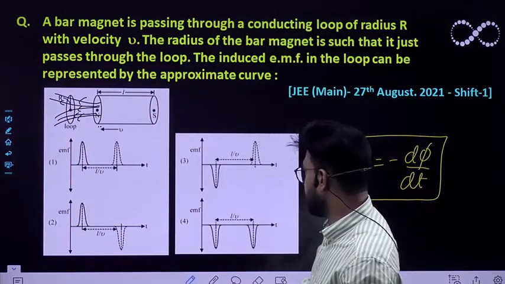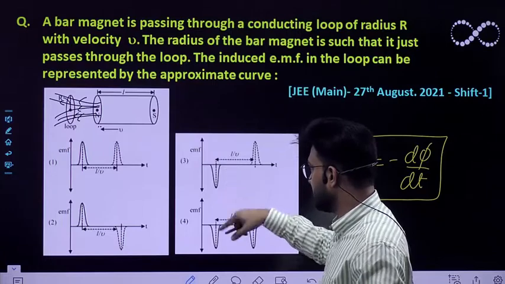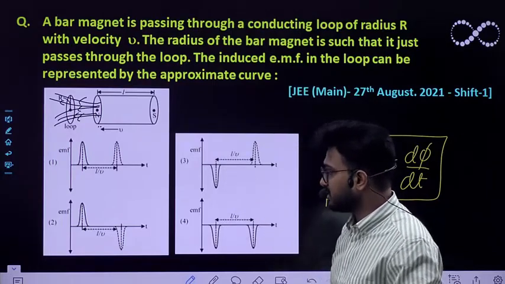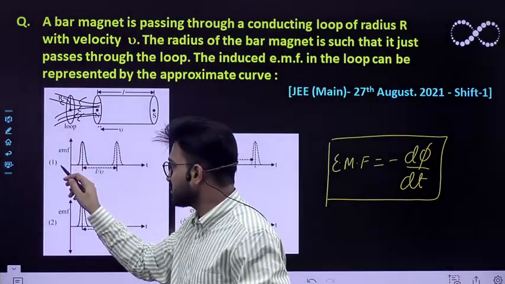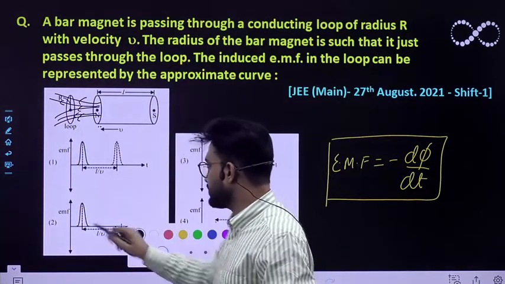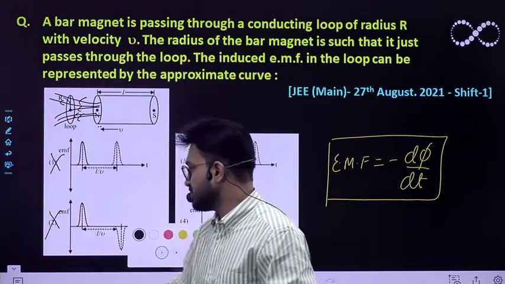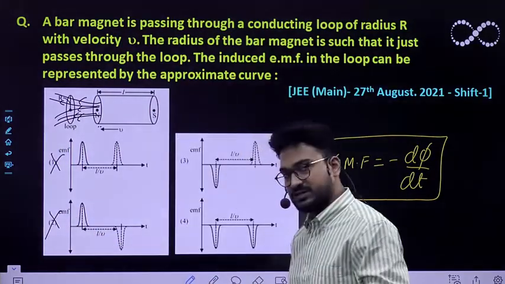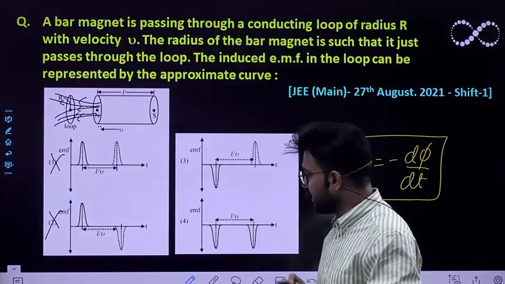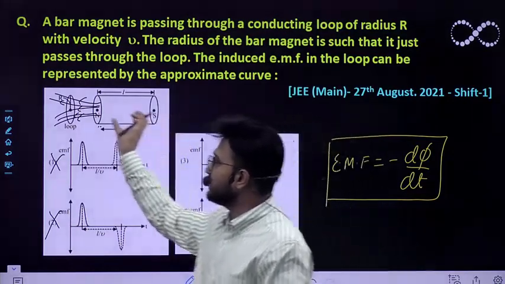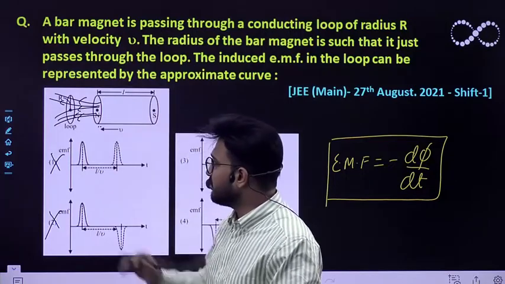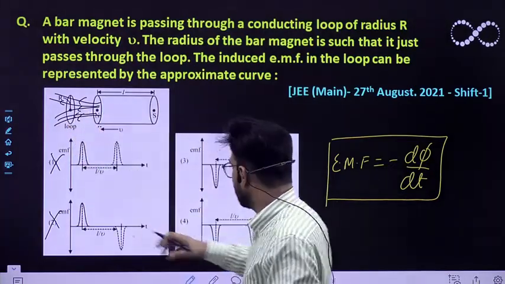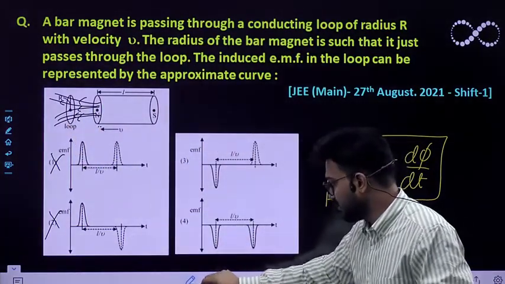So which option is correct? These two options could be the correct ones. That means the first option as well as the second option is not correct, because flux is increasing, so the EMF has to be negative. Then while it is entering and gets inside the loop,